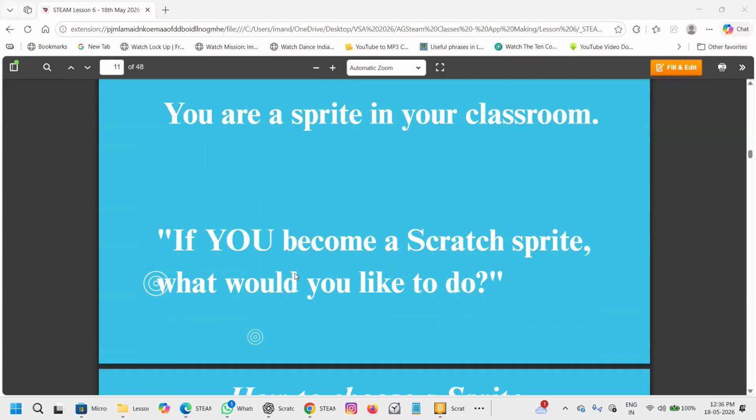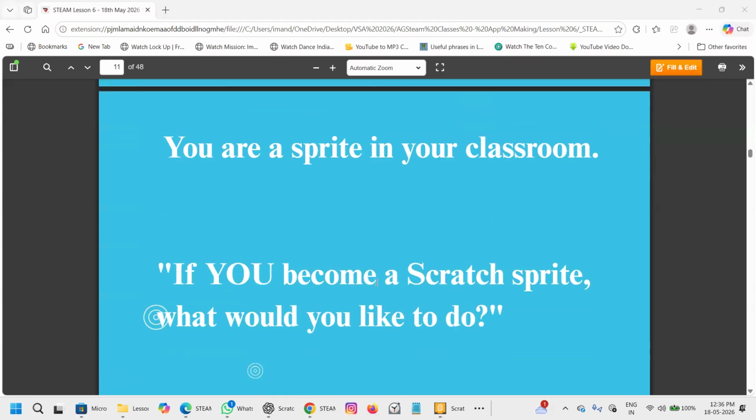Okay. If you are a sprite in your classroom, if you become a Scratch sprite, what would you like to do? You are a student and you are going to be the sprite. So what action or movement would you like to do? What would you like to do? Write in the chat. Imagine you are the sprite. You are the student sprite.